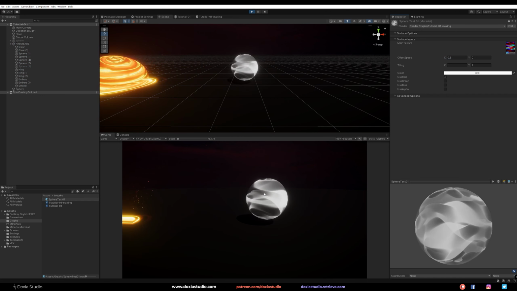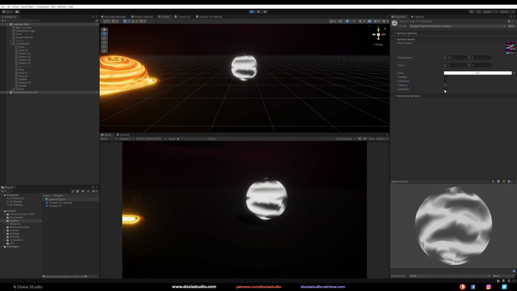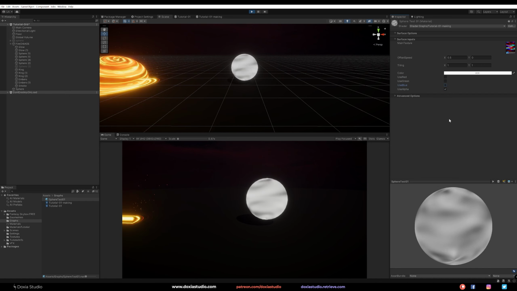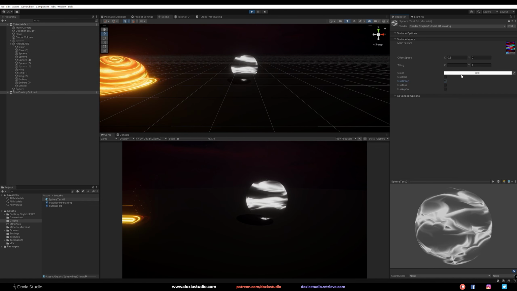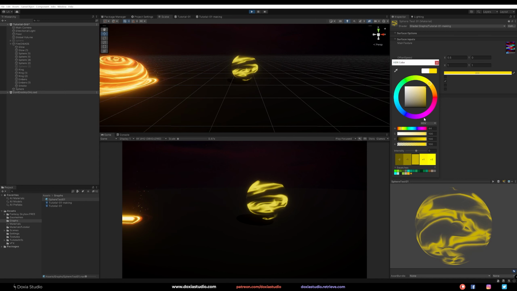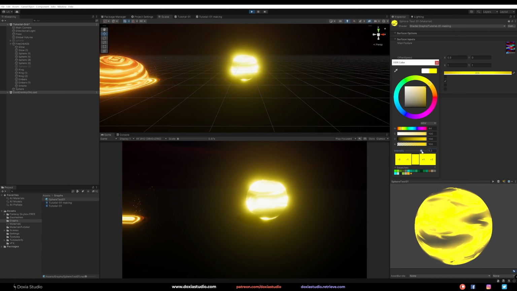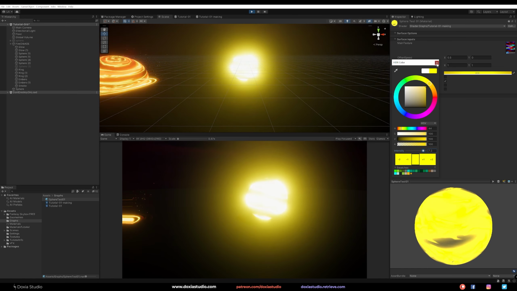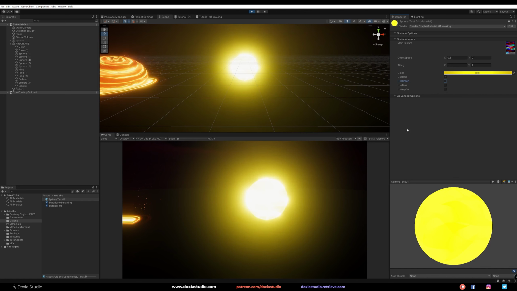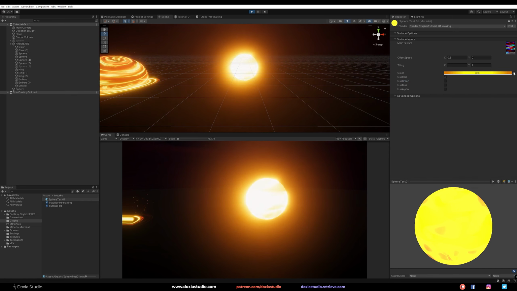And here we have our animated tiling texture. If we want to use the blue, we got a different one. If we want to use the alpha, here is another one. And the green, just check. And if you want again, you can come here. And because this is HDR color, we can bring intensity, and the intensity will affect thanks to the bloom. That's pretty cool, right? That looks like a sun. If we use this one and maybe a more reddish color, see, we got a really cool sun.